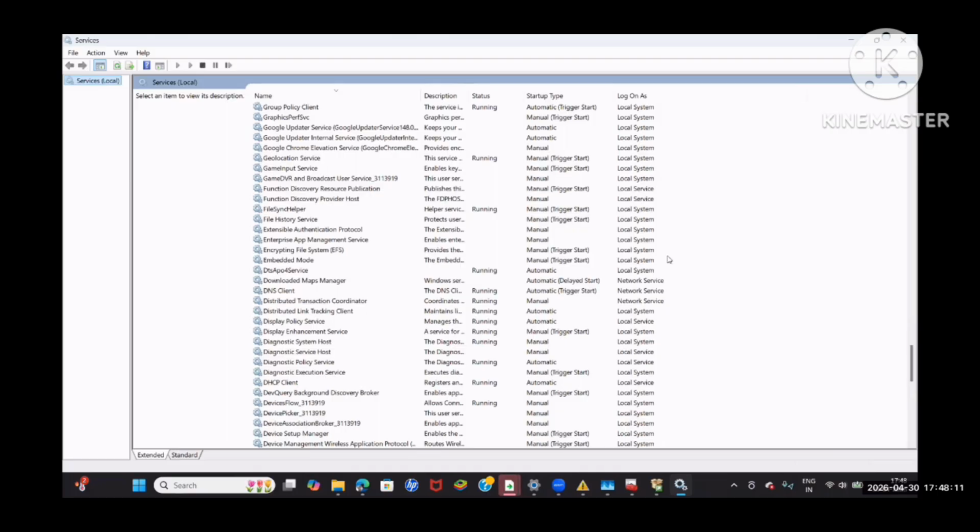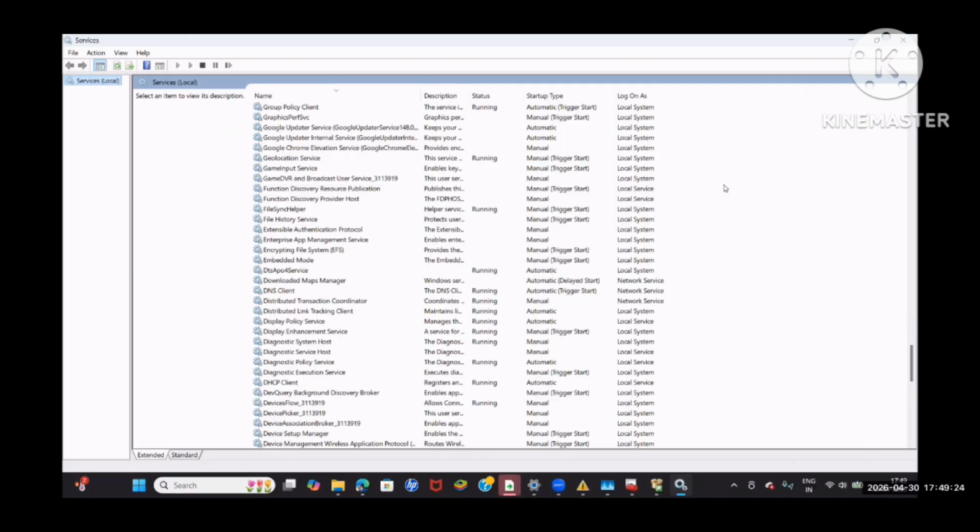Windows services can run under any one of them. These are the default service accounts you get when you install the Windows operating system.